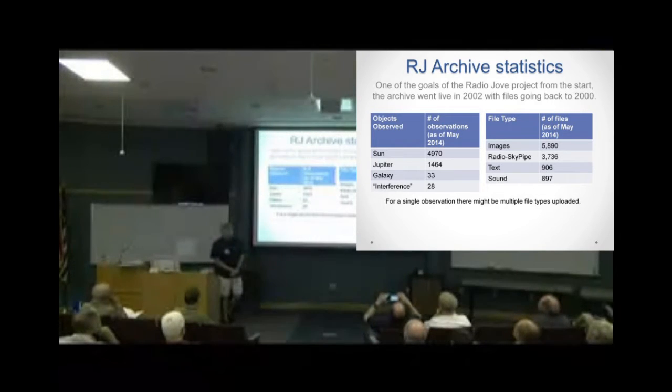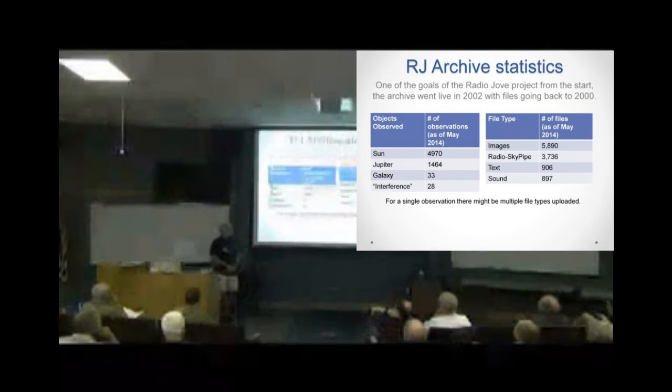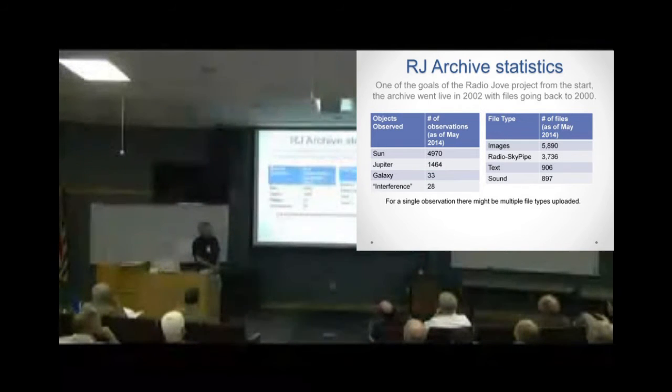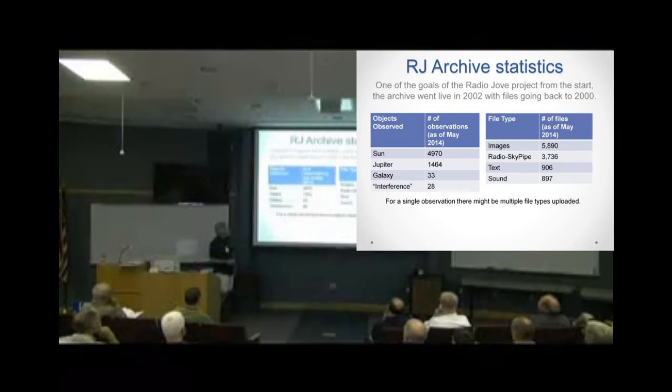This is the holdings of the Radio Jove archive, and you see we have nearly 6,000 image files. Now some of these are multiple images for, say, a Jupiter observation or something, but lots of solar and lots of Jupiter data uploaded in